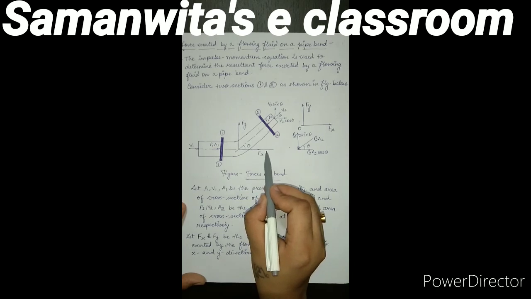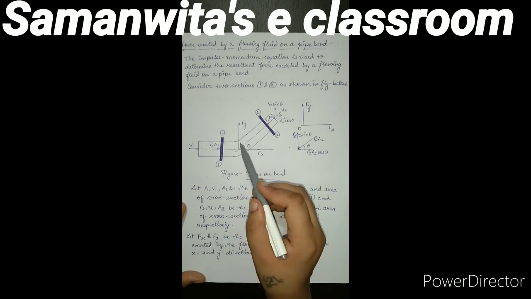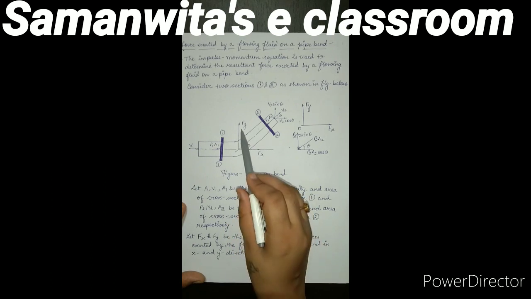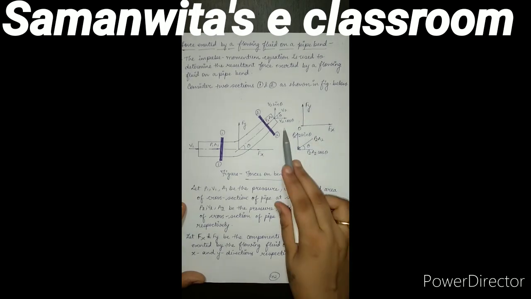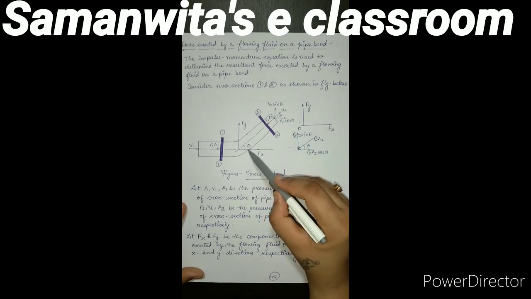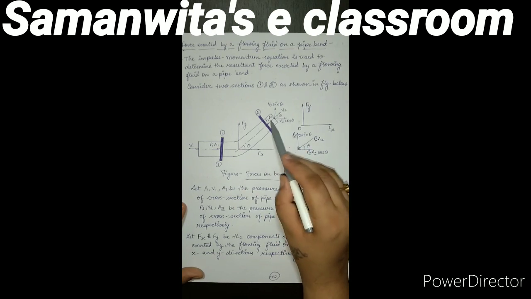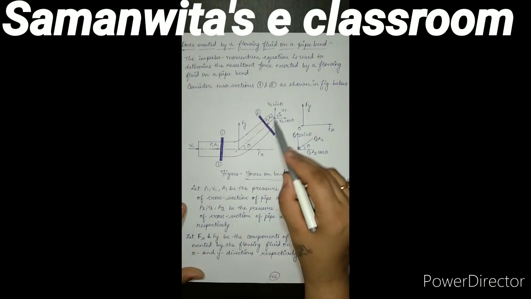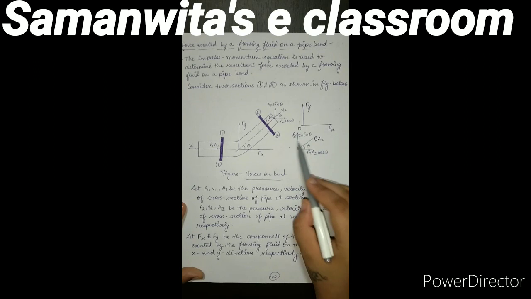Here I have marked Fx, which is the force exerted by the water on this bend, and Fy is the force exerted by the flowing fluid, which is water, again on the bend. So you will have two directional forces, Fx and Fy, acting on this bend. So this is the direction marked here, and here what you can see is the resultant. If you observe carefully, this direction V2 is at an angle of theta with respect to Fx. So this resultant can be resolved into two components, V2 cos theta and V2 sin theta, which is shown over here. Similarly, this P2A2, which is again at an angle of theta with respect to the ground, can be resolved into two components, the cos and the sin component.